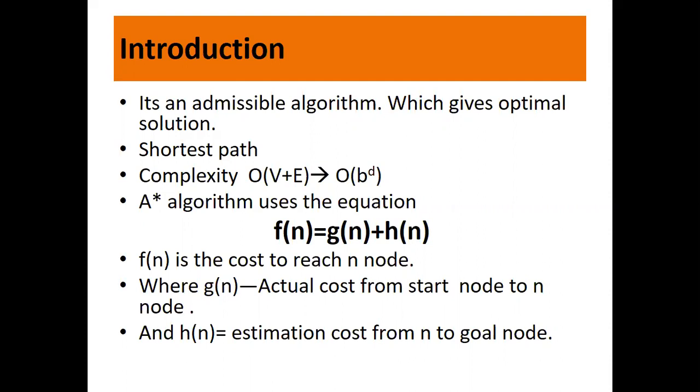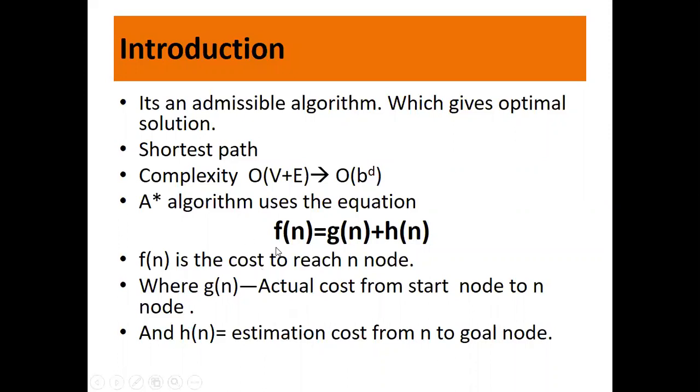And here we'll talk about the shortest path, like reaching from a start node to the goal node. You need to follow the shortest path to reach there. When you're talking about the complexity, of course, I'm talking complexity in advance and then we'll solve the examples. The complexity here is number of vertices plus number of edges. Why? Because the algorithm will explore all the vertices as well as the edges. But in case of A star, we'll talk about the order of b to the power d, that is number of branches to the depth.